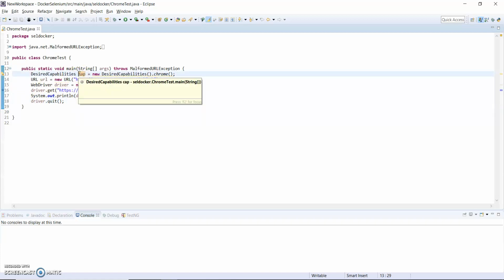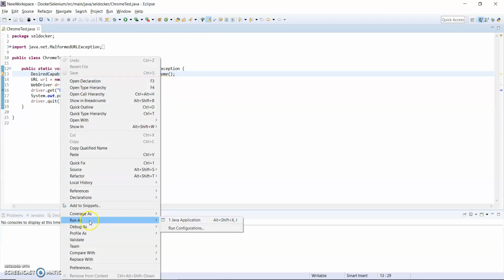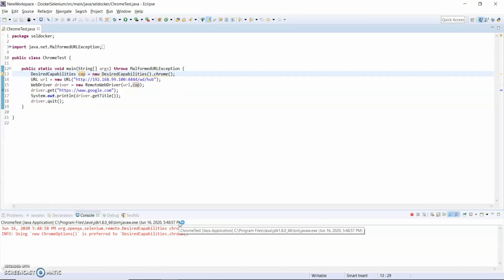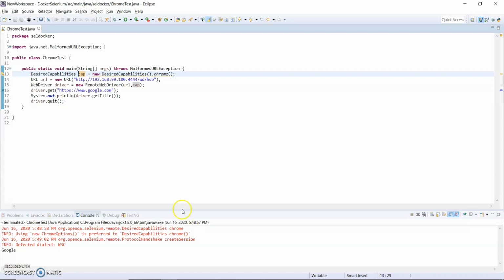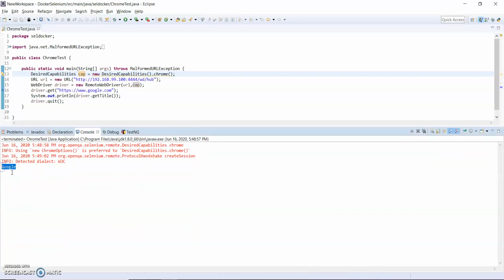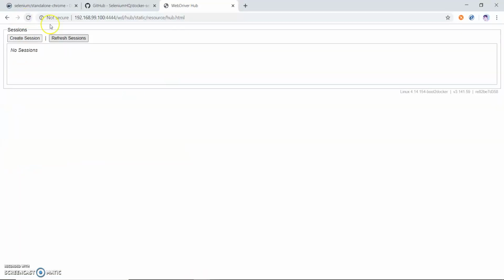So this is the main method. Currently I'm not using any TestNG; this is the main method provided by Java. I right click and run as Java application. We cannot see anything running in the containers, as it runs in the background. If I open it openly, you can see yes, it is on Chrome, right? Let me check whether any driver session is present. No, because we quit that driver.